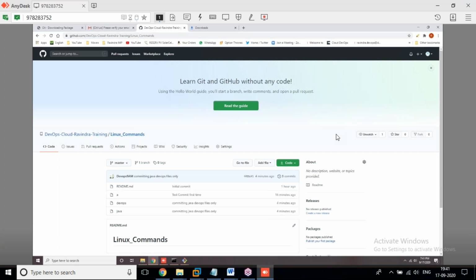For example, just imagine it: if you want to use my username and repository, first of all you need to clone it. If another GitHub username is already configured, you need to delete that username and password, then log in to my repository. Whenever you are creating files, no problem, you can commit. But whenever you are pushing the files, at that time you will get some conflicts.